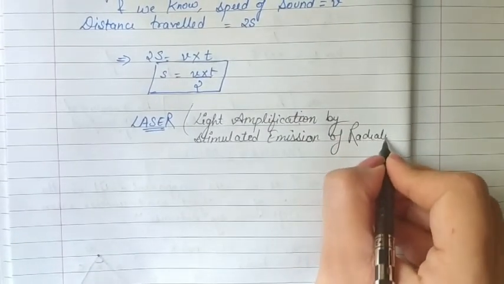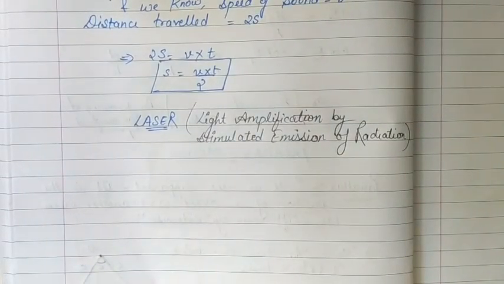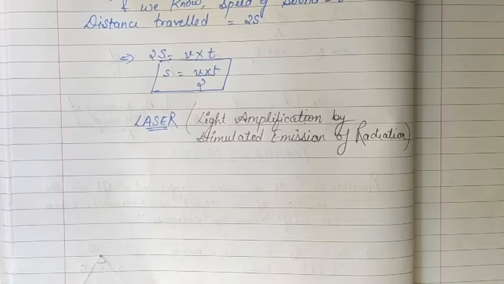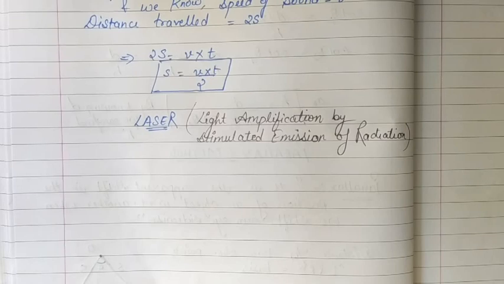So this is the full form of laser. But the main thing that we have to study कि laser की property क्या है. So laser is a source which is very intense, highly monochromatic and highly directional, right? Laser बहुत ज़्यादा intense है, monochromatic है and directional beam है, so that it can go to larger distances